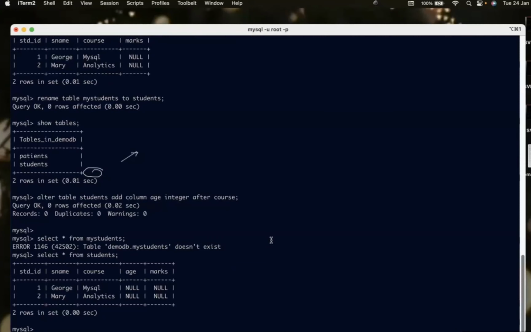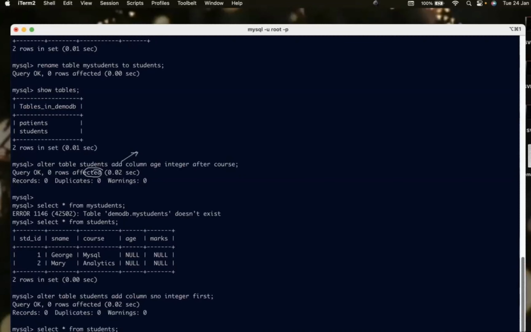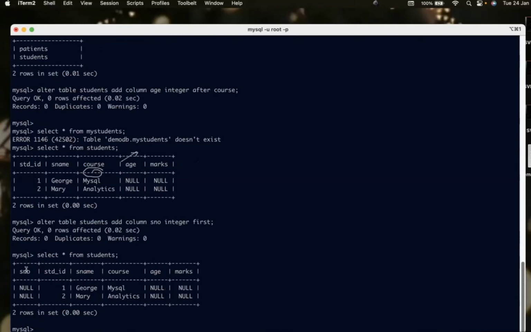right? If you want it to be the first column, then you have to say first. So you can say alter table students, add column, let's say serial number or something, integer, first. So this will be the first column,